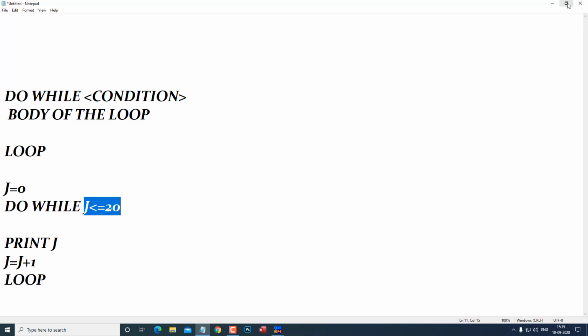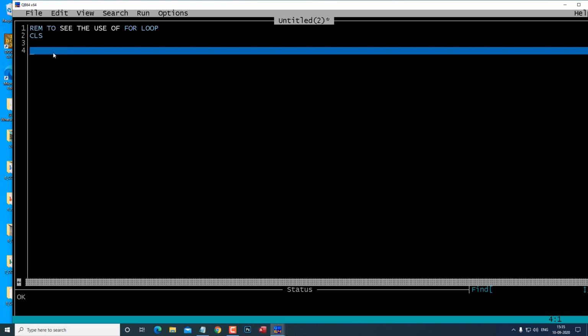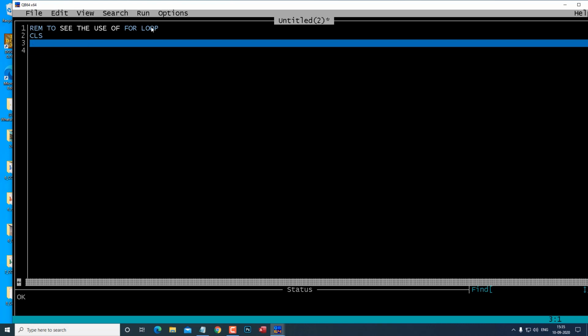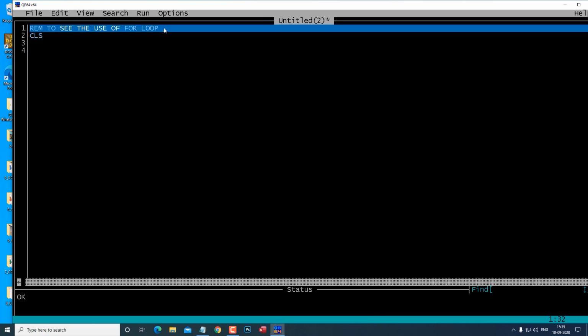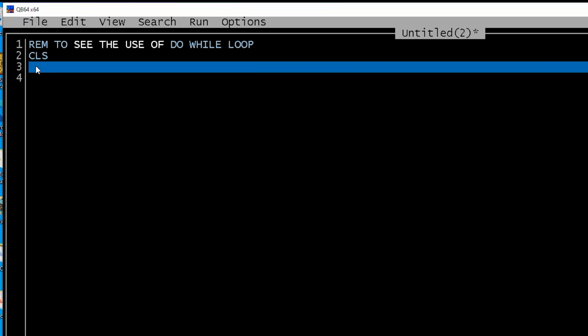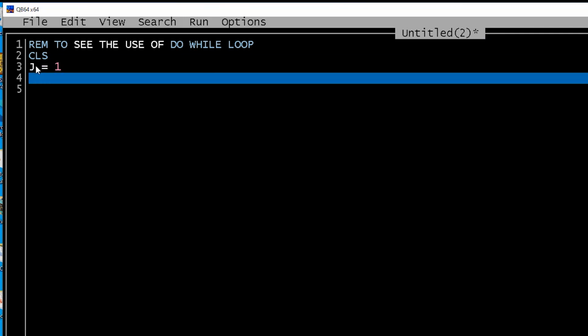So let us see this in QBasic. Now these statements have got deleted after rem. Now in rem I'll make the changes to see the use of do while loop. So we had written J is equal to 1, do while J is less than equal to 20. This was my condition. So I write here J is less than equal to 20.